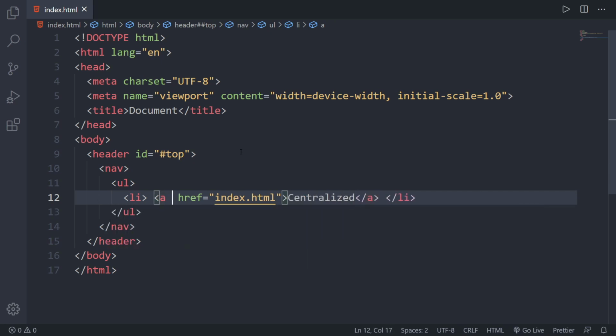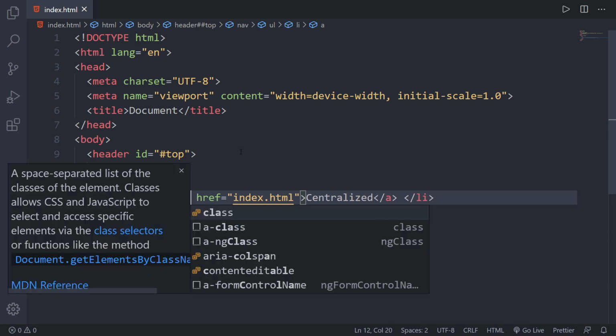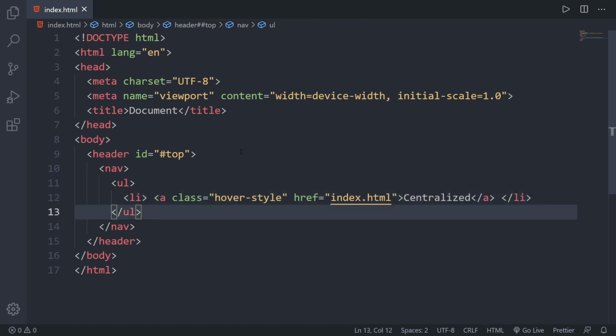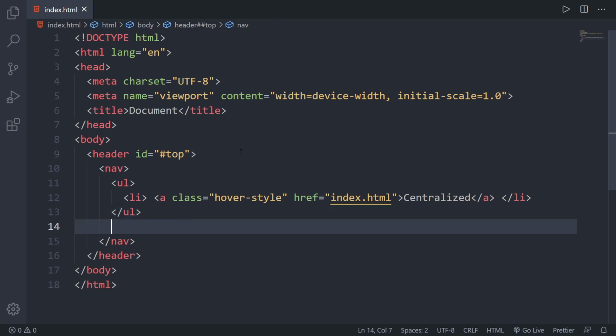This is to represent a logo, because every website has a logo. When you visit a website, in the top left corner, it will represent a logo of the website. And then we will give it a class over style. As I said, classes are used for styling, and we will use this class for styling, of course, when we move ahead.